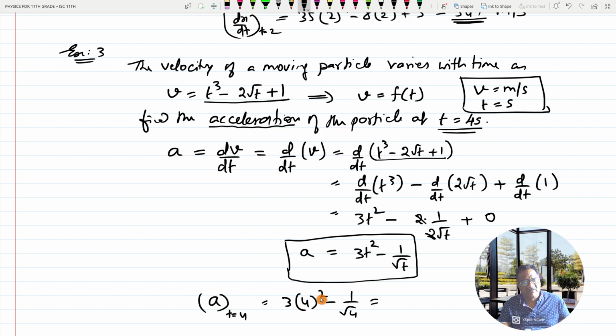This will work out to 4 square is 16, 16 3s are 48, minus 1 upon root of 4 is 2. So 48 minus half will be 47 and a half. This will be the acceleration, meter per second square. Okay. So this is your answer, 47 and a half or 47.5 meter per second square will be the acceleration